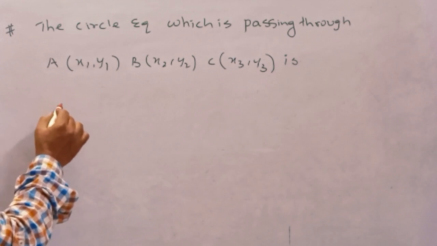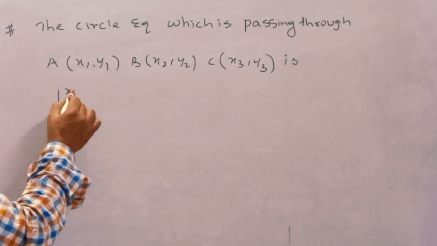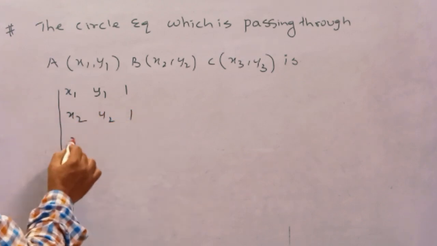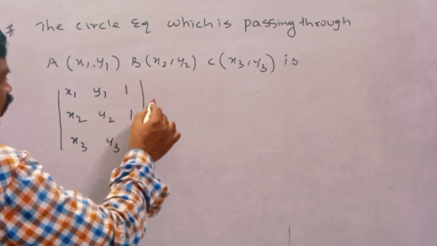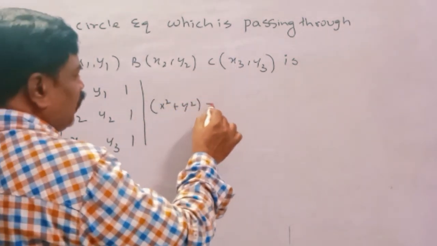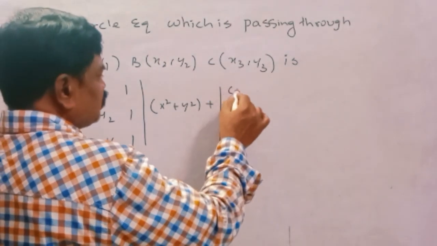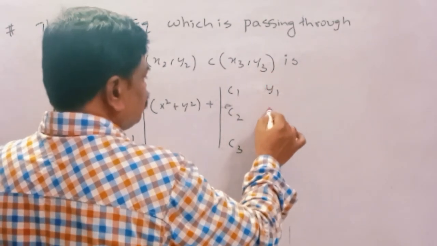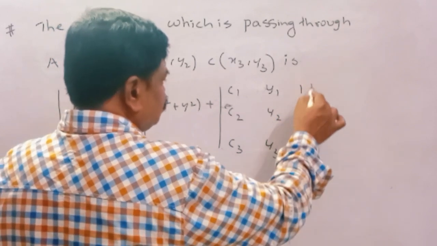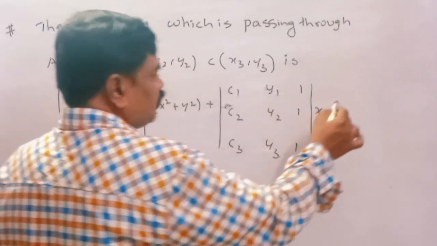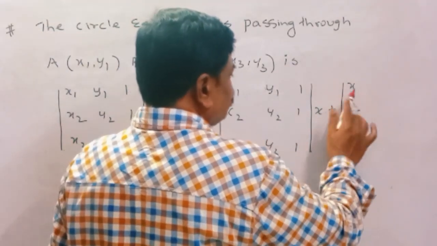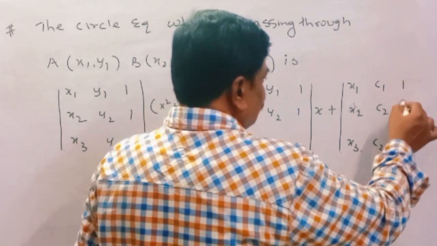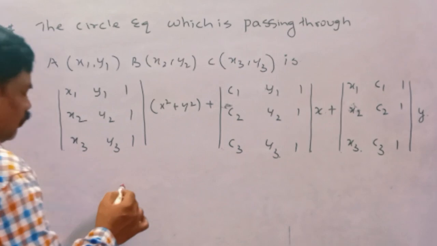That is, determinant [x1 y1 1; x2 y2 1; x3 y3 1] times (x square plus y square), plus determinant [c1 y1 1; c2 y2 1; c3 y3 1] times x, plus determinant [x1 c1 1; x2 c2 1; x3 c3 1] times y, plus